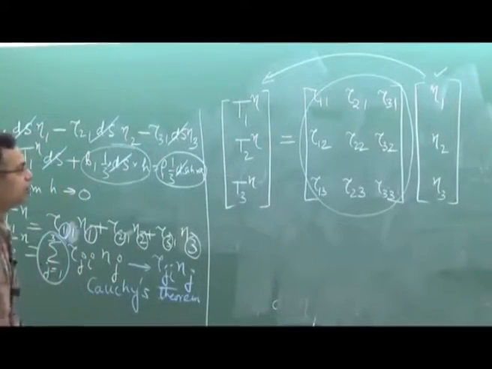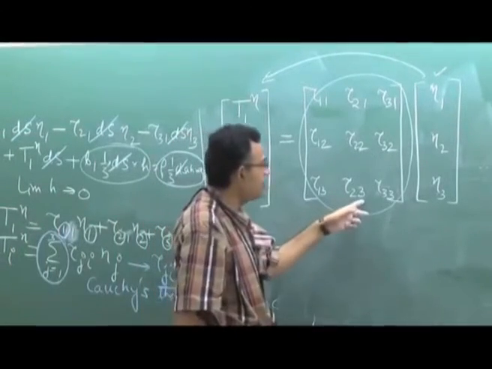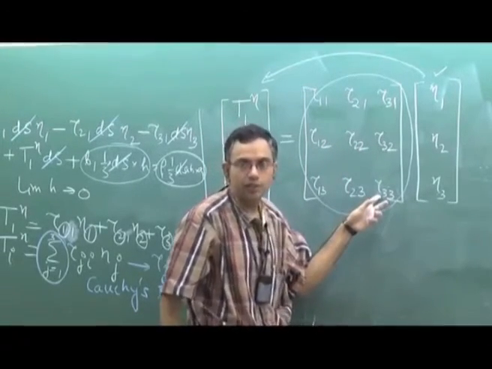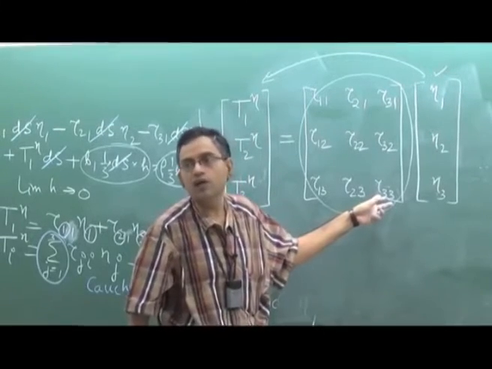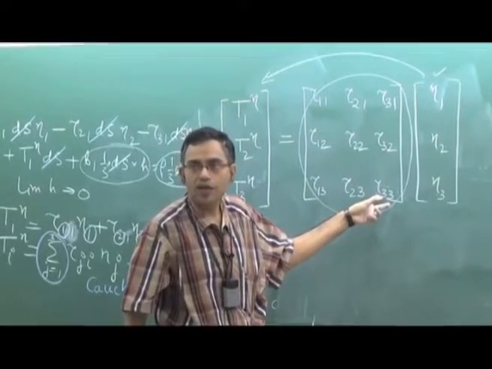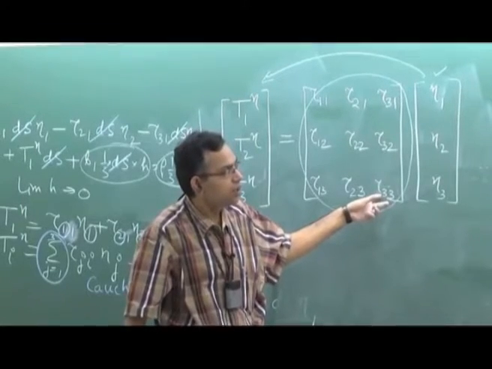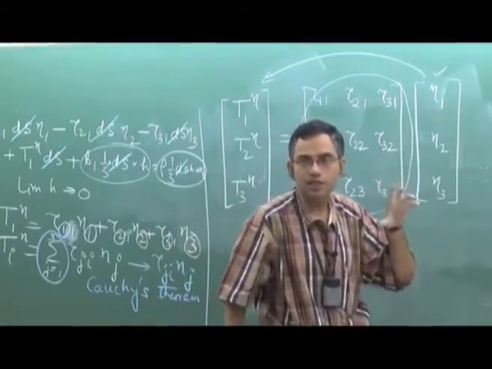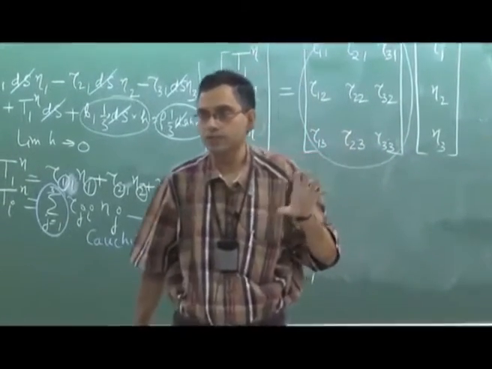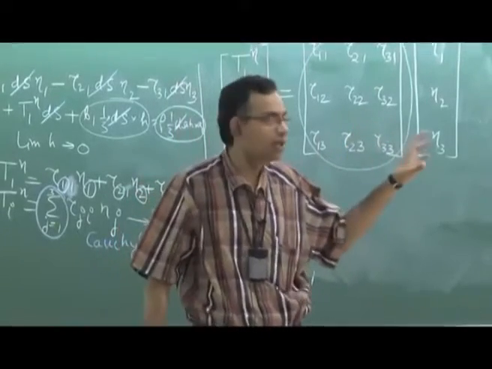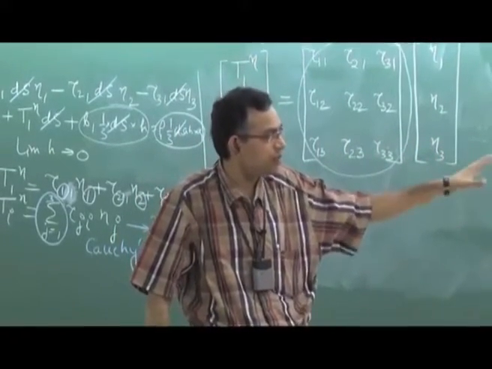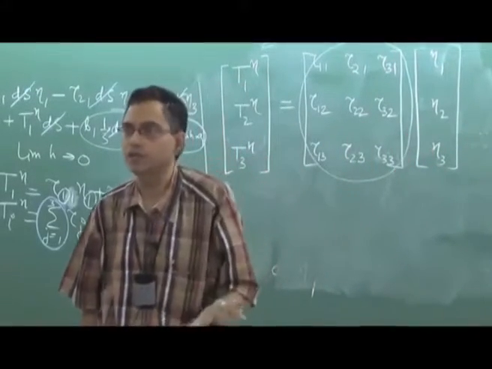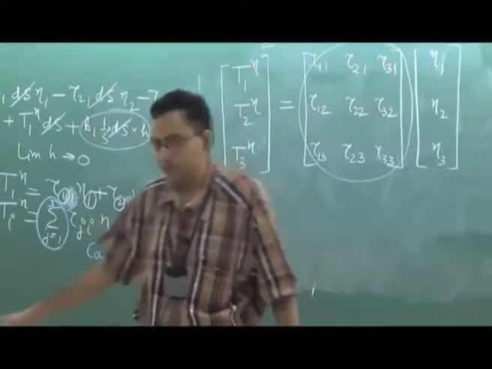Okay. Now, the question is, how many components are here? Total 3 plus 3 plus 3, total 9 components. But out of these 9 components, all are not independent. How they are dependent or independent, we have to figure out from a consideration which is conservation of angular momentum. So far we have used conservation of linear momentum, we have partially done it, we have not yet written the final form of the equation, but we have never used the angular momentum conservation. So, that we will do in a moment.